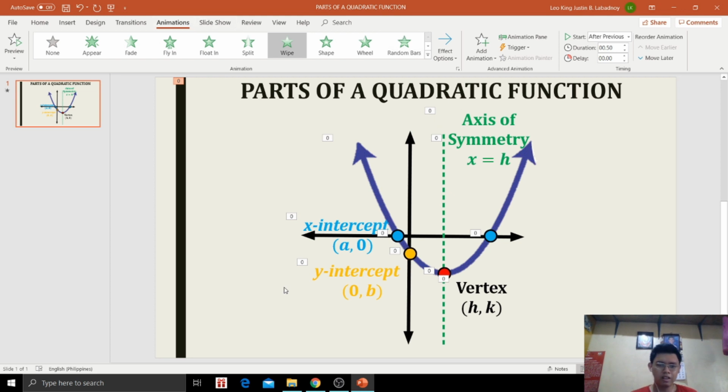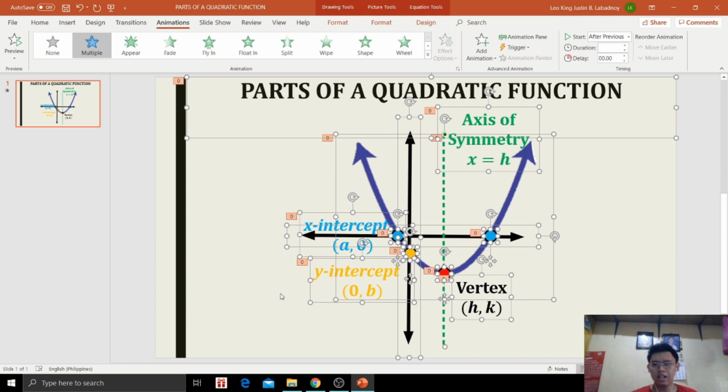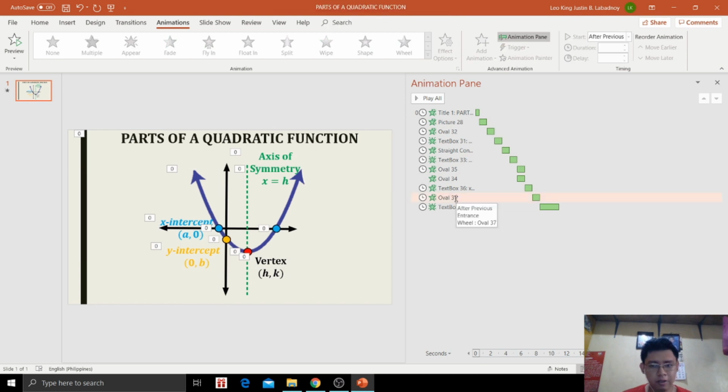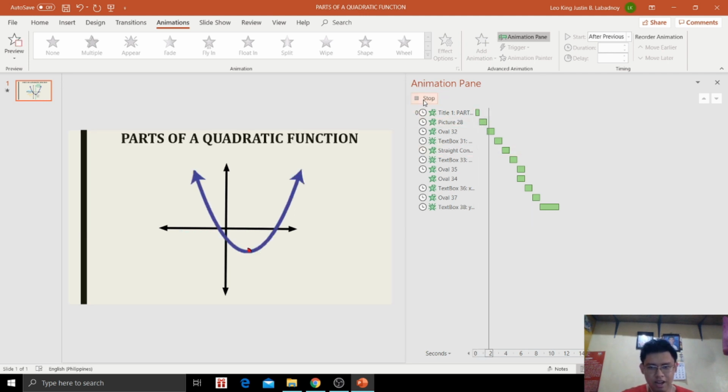Tapos dito, let's select all and our animations. Ayan, our animations, ito, dapat naka after previews or with previews. So, if you want to check yung flow niya, ayan, ito yan. Okay? Na, if you're a video editor, kung nag-e-edit kayo ng video, familiar kayo dito. Kasi pag play natin yan, yan yung animation. Gaano katagal yung animation, and so on and so forth. So, meron tayong nagsabay, meron tayong